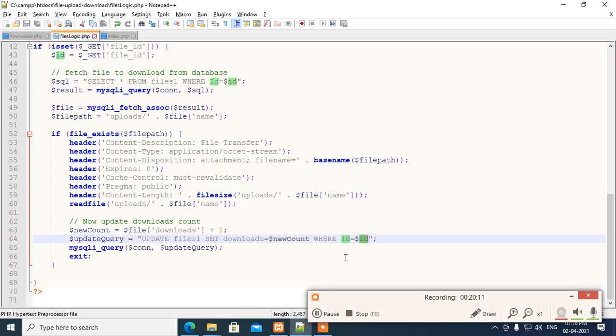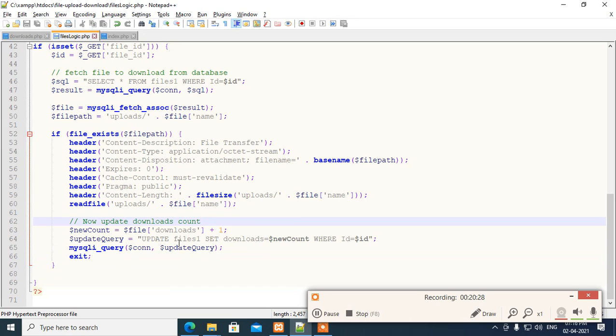That means the file which I already downloaded. Then I execute that query and finally exit.